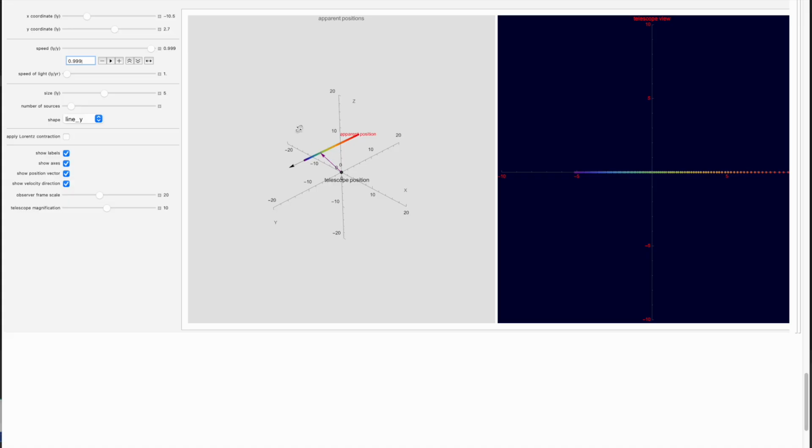And then when the object is over here, both effects act together, Lorentz contraction and latency both want to make the thing shorter. And in fact, for very high velocities, a line looks like it has shrunk to a point in both of these displays.